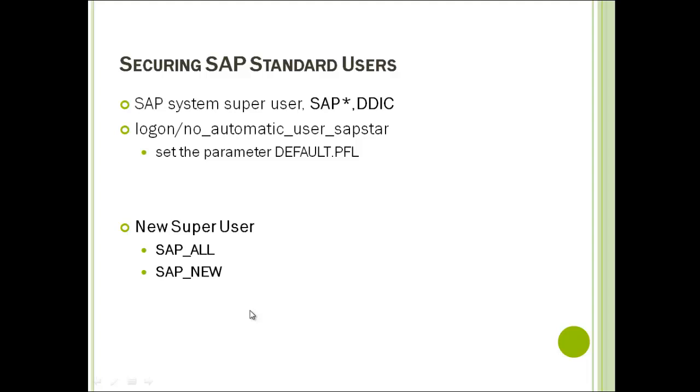The next one is the default profiles, SAP_ALL and SAP_NEW. SAP_ALL has all the authorizations which are available in SAP, and SAP_NEW contains the new authorization objects based on the release. So these need to be monitored and controlled. In a productive system, in a perfect scenario, we need to ensure that nobody has SAP_ALL or SAP_NEW. Maybe in some situations, for some emergency users, you will have SAP_ALL or SAP_NEW, but